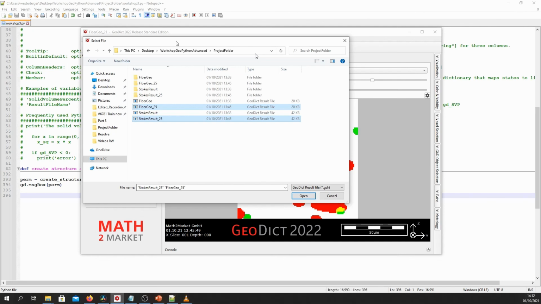Now, if you didn't quite catch up, please feel free to go to the M2M results folder and copy the intermediate files that we have generated here over to your project folder, namely workshop 1, workshop 2, and workshop 3.py. Then we can build on that in the next part.